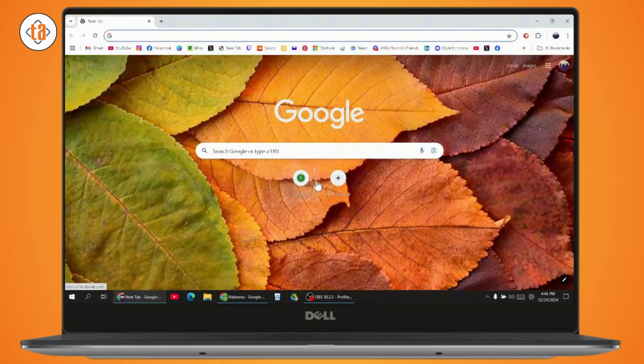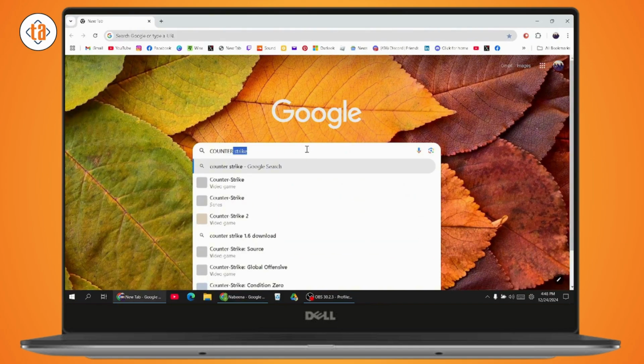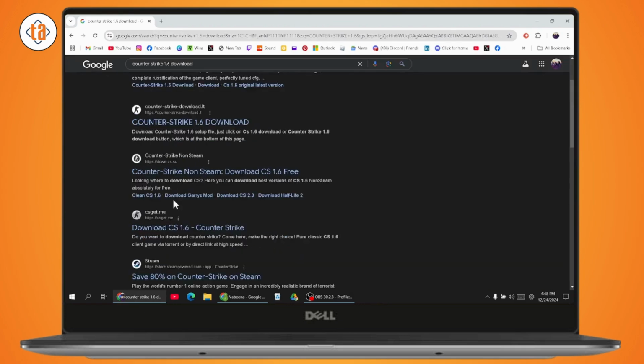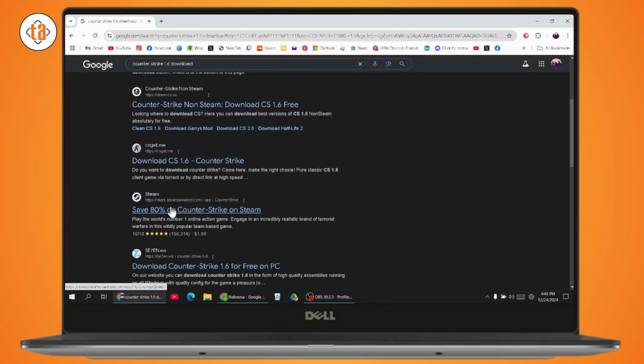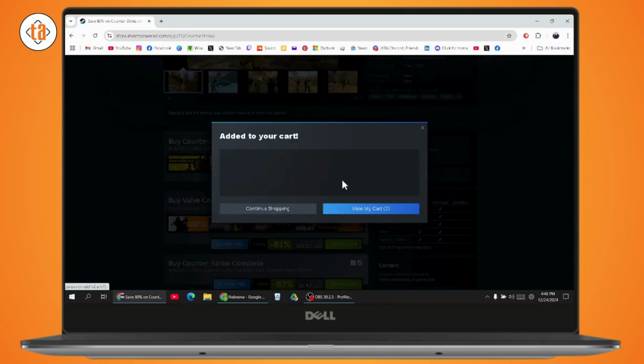You can go with any browser and go with search. Under search, you need to search for Counter-Strike 1.6 download. And here it will take you to the same option. You just need to simply click on it and scroll down, go with add to cart and just click on